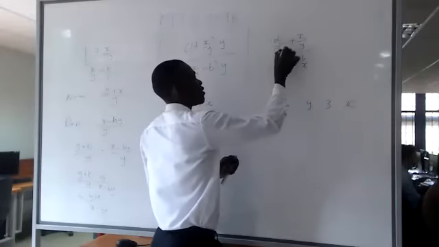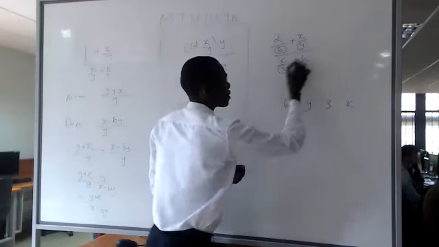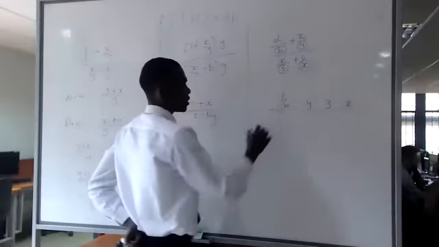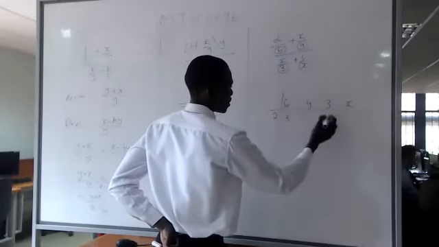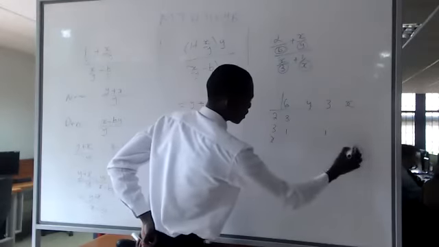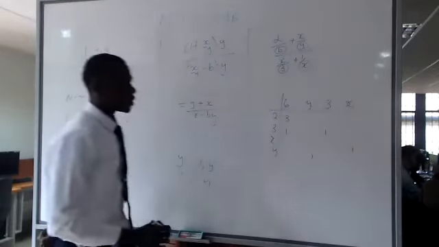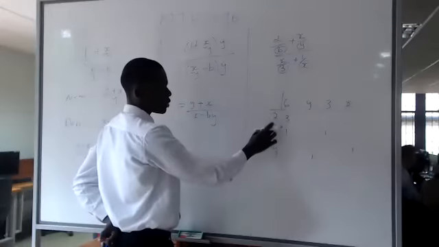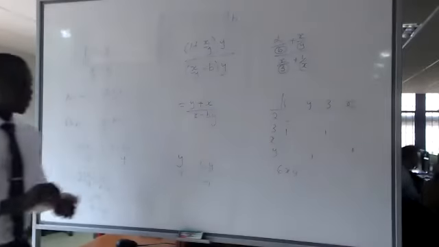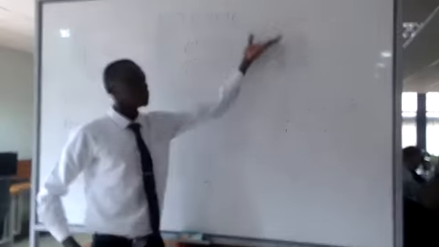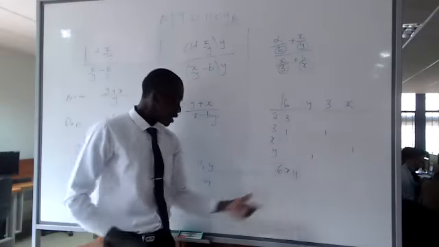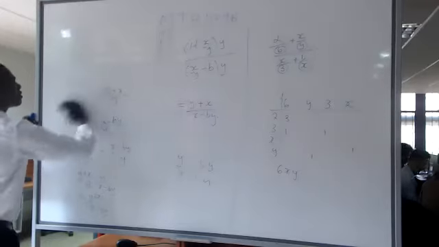So in this, we have 6, 3, and x. Then I find the LCM of these. 2 divides 6, 3 divides 6 and 3, x divides x, y divides y. So the LCM will be this product, 2 times 3 times x times y, in this case 6xy. That is the least common multiple for all my denominators. So what I need to do is to scale each of the terms by this LCM. So what we will have